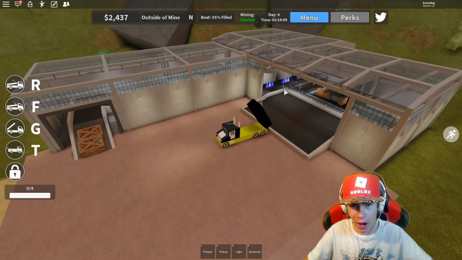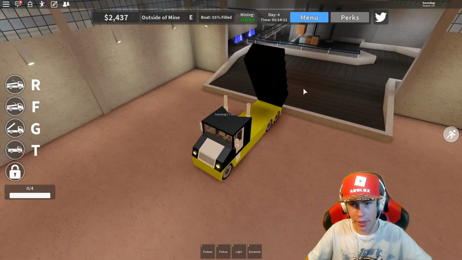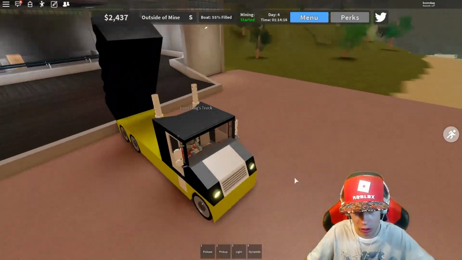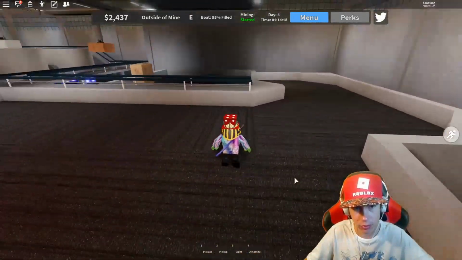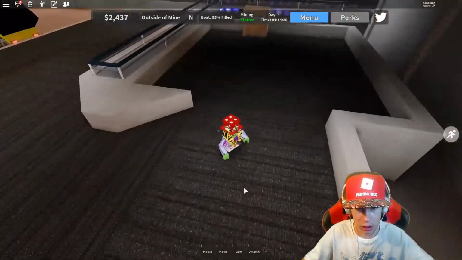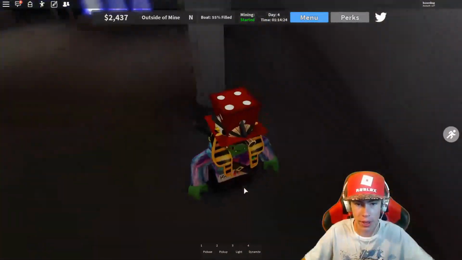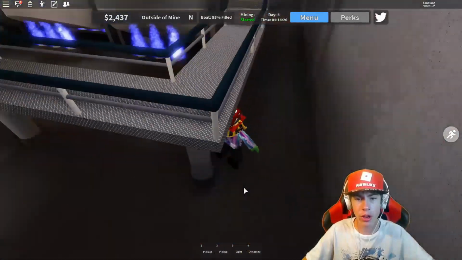In addition, the fire over here looks a lot cooler, and I think this entire building here looks a lot cooler than it did in the original. All of this looks a lot cooler than it did in the original game. All of up here, they let you walk up here, which they did in the original too, but it was